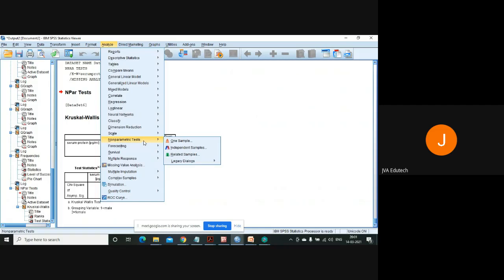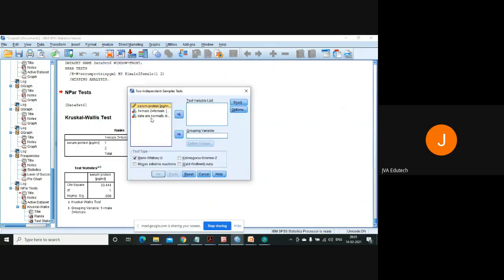Two independent samples. Okay, this is this one, two independent samples. If you have K, means if you have many independent samples, more than 2, then you will go for the Kruskal-Wallis test. So if your data is not following normal distribution, there is no homogeneity, you have more than 3 groups, then you will go for the non-parametric equivalent of one-way ANOVA. We will be covering that one-way ANOVA and other things.